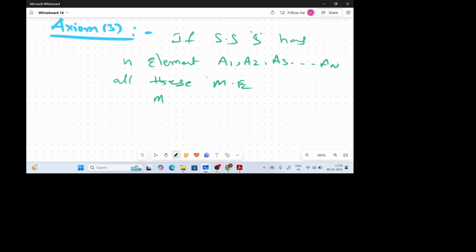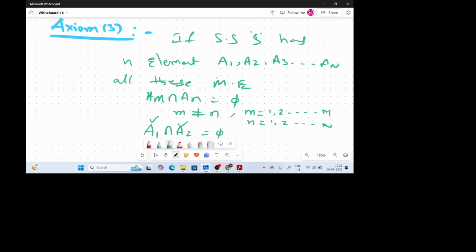So when I say mutually exclusive, we can say A_m intersecting A_n is equal to phi, where m is not equal to n. So m is varied from 1, 2, 3 and so on up to capital M, and n is varied from 1, 2, 3 and so on up to capital N, right? So m and n are varying such that A_m intersecting A_n is equal to phi, where m is not equal to n. I mean to say A1 intersecting A2 is equal to phi. A1, A2, A3 and so on up to A_N, all these are mutually exclusive. So this condition is satisfied. Now if this is the situation,